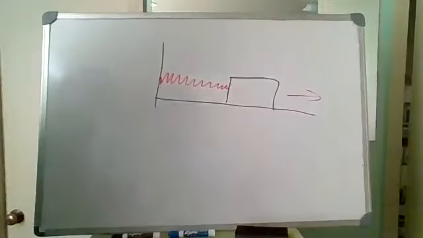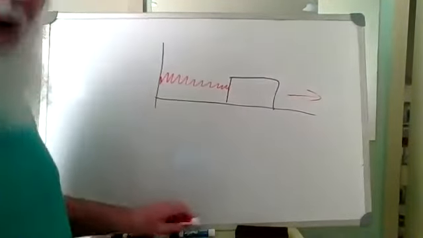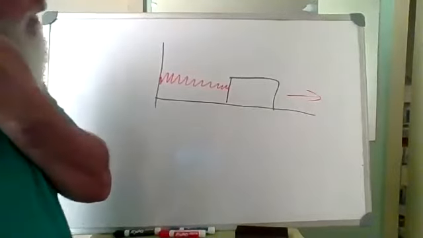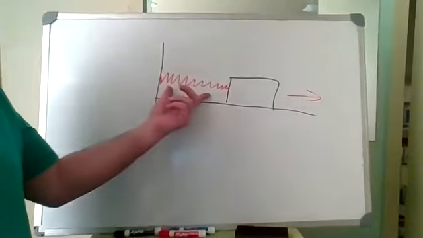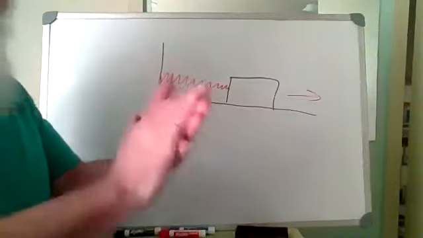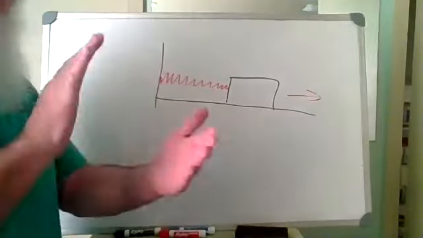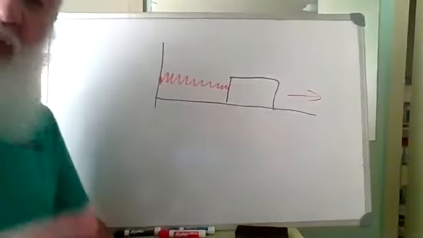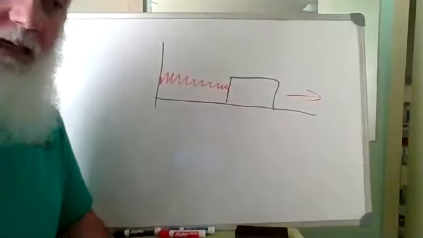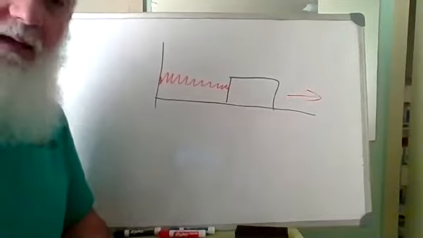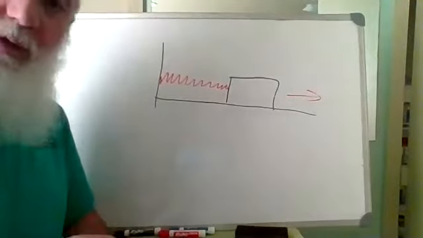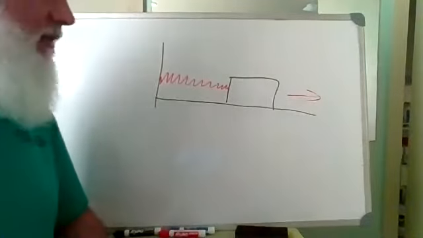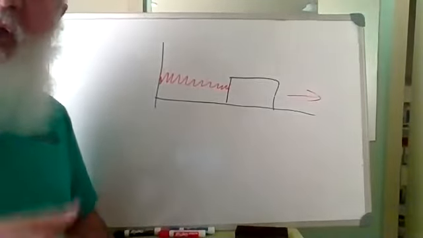Well, we know it takes energy to move that box. Where did the energy come from? From the spring. The spring is compressed. It has stored potential energy in it. That's not gravitational energy. That's stored mechanical energy, right? And if you take physics, there's a very simple equation to calculate the energy stored in the spring. We don't need to get into that, though. But I will tell you,